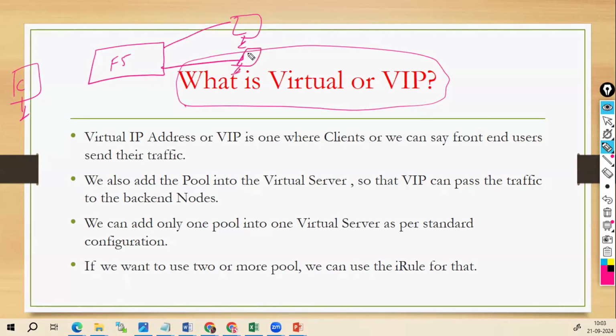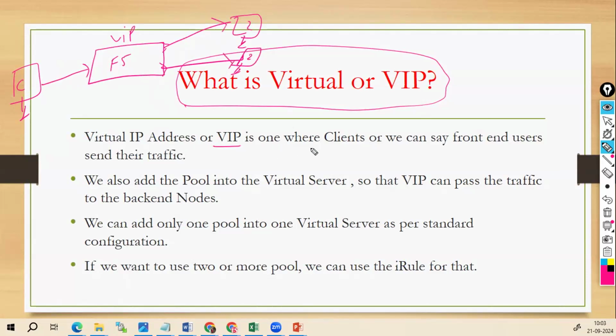So it is the IP that is assigned to that on-site location, but it is not configured on the device. So virtual IP address, or sometimes we say VIP,